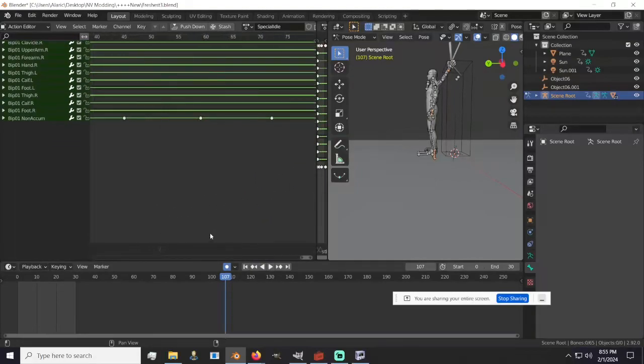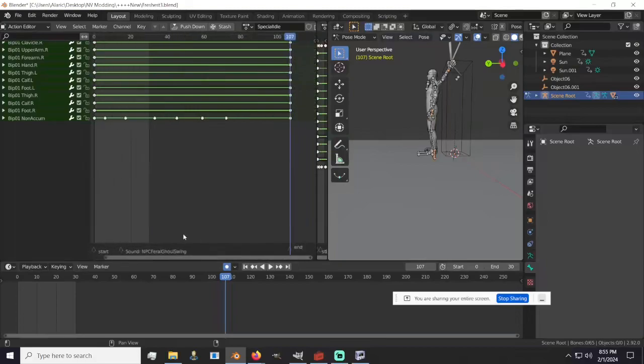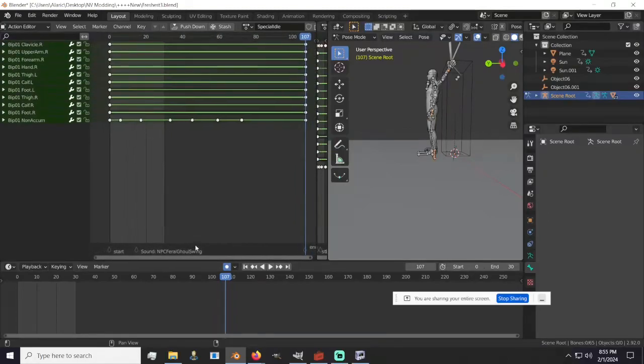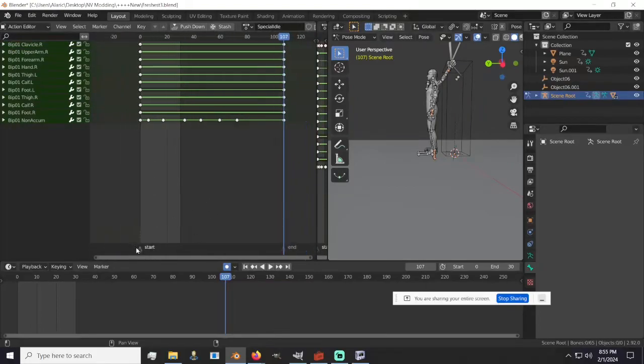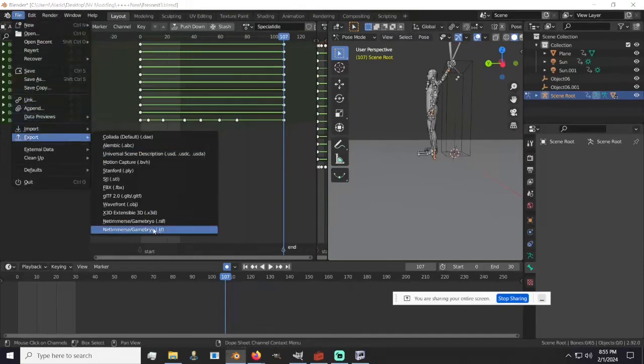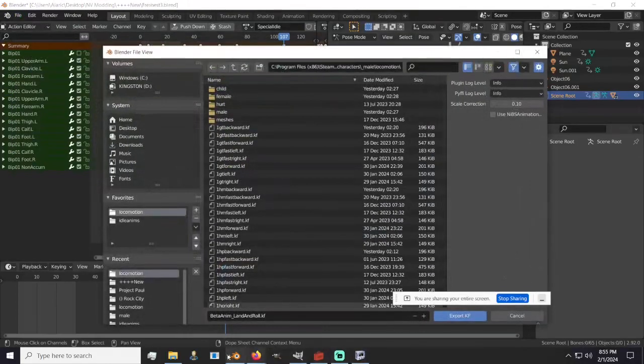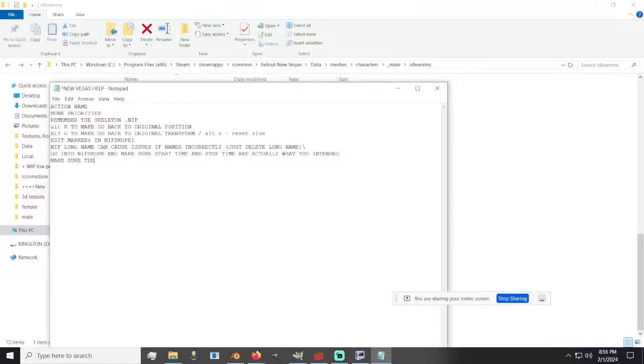And when you delete the blend in and blend out nodes, it's okay because the game defaults to blend out 5. So yeah, we're just gonna delete everything except for start and end. Now hopefully, just another thing you need to keep track of. Make sure the last keyframe and end marker